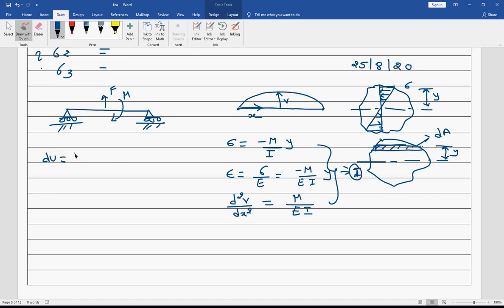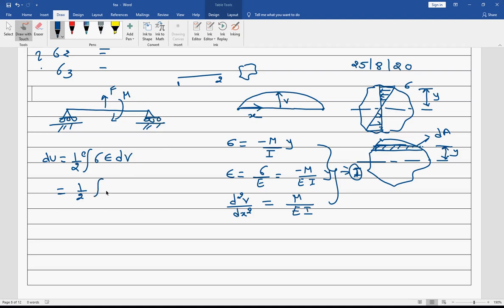So therefore the small internal energy is equal to 1 by 2 integration. So if you remember, it is sigma epsilon dV_E. Okay, and of course this integration is over the element, and that is why E suffix. So I could write this for beam element. So beam element is basically like this. It is a line element having node 1 and node 2, and it could have any cross section. But it is still two noded element.